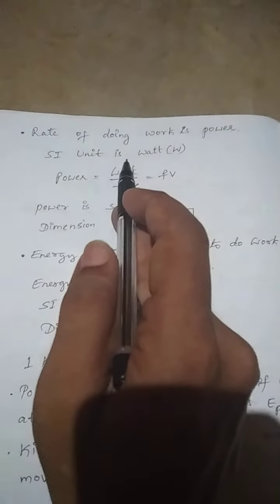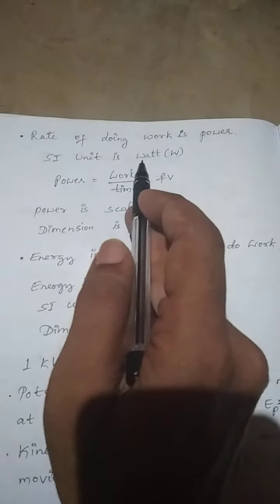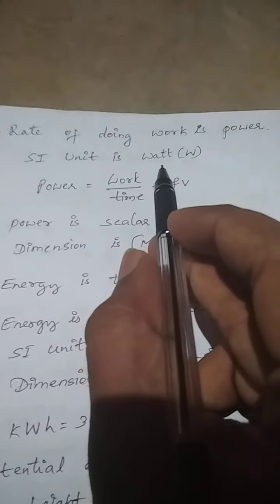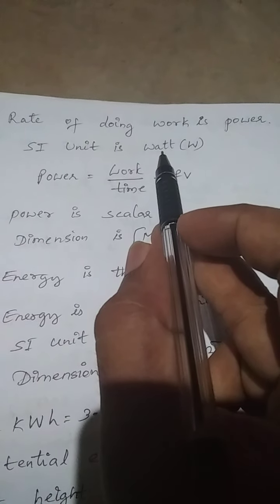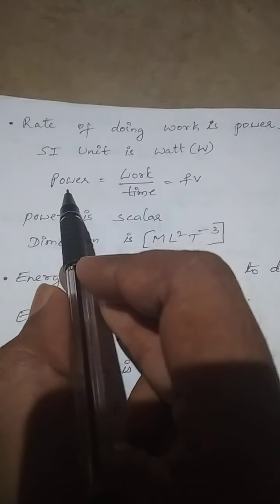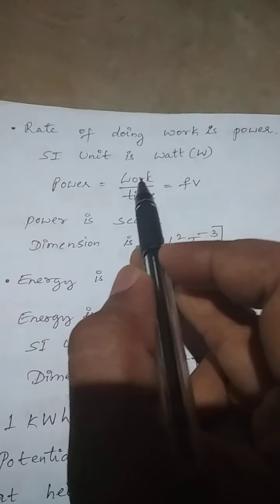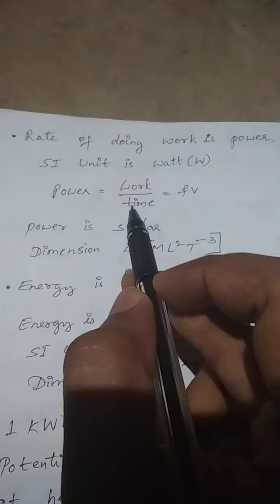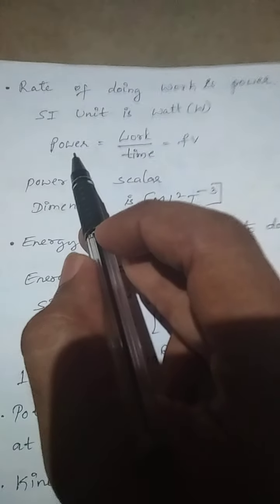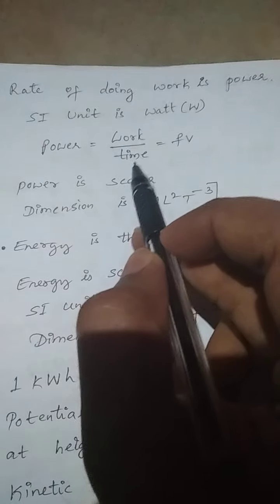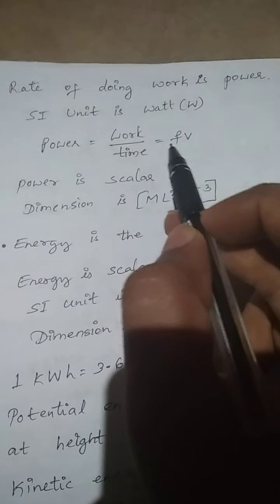The SI unit of power is watt. Power equals work by time, that is, the rate of doing work. If I need to write an equation for that, it will be power equal to work by time, or it is